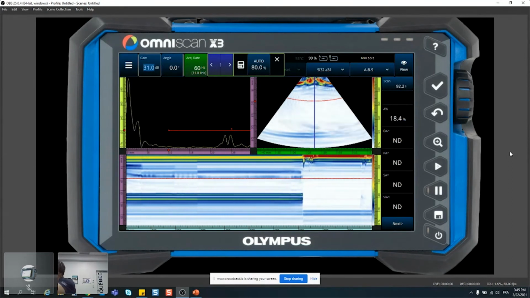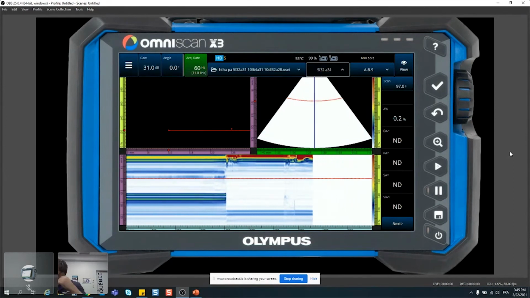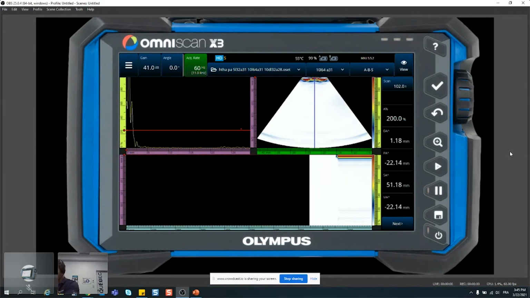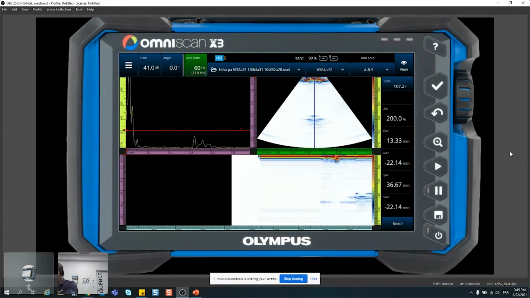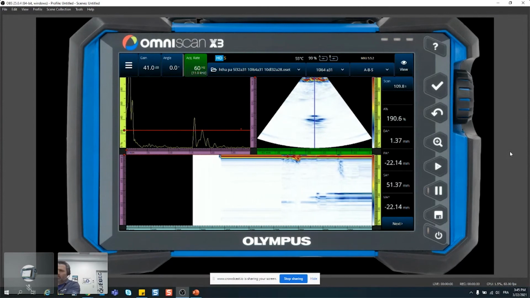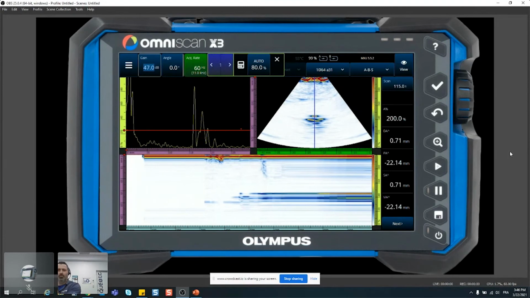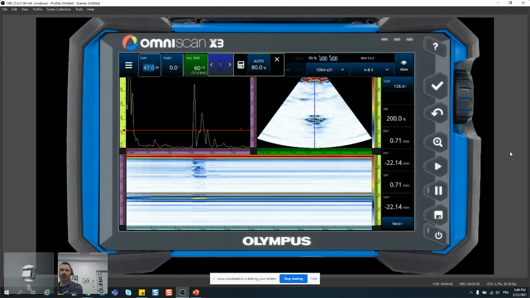Changing this probe now for the 10 megahertz 64 element version. There we go. Cranking up the gain a little bit. So straight away, we can see that the side drilled holes are more well-defined, well-rounded, and we can count more of them, as with the previous probe they weren't resolved one from the other.